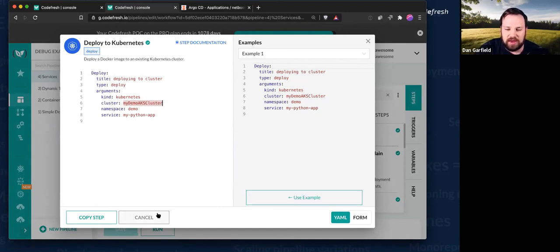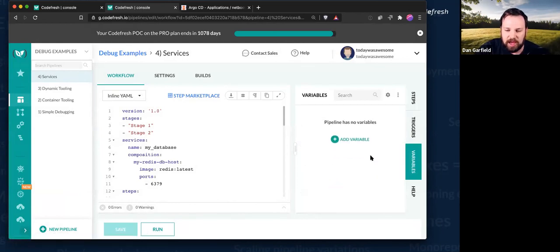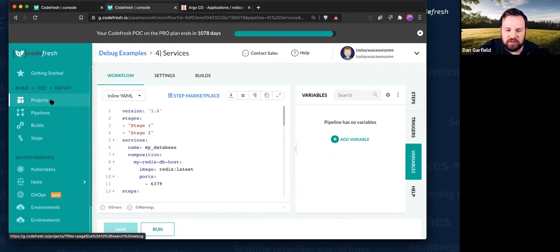Not only that, but I can define variables at my pipeline level, at a project level, and at an account level. So even if I was using something like Nomad, which is supported but not necessarily as an object, I could add my Nomad configuration to a global configuration, and then I can just reference it.